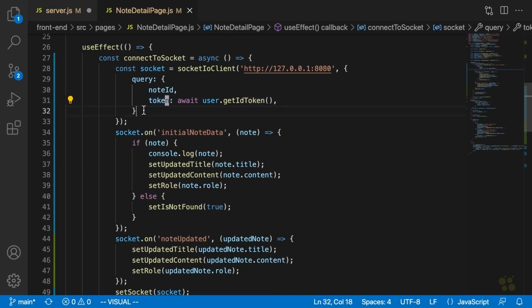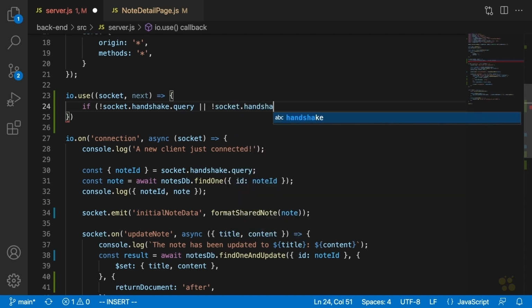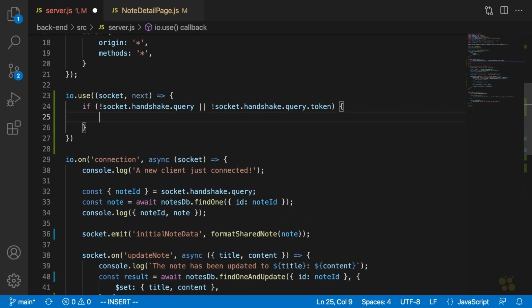So basically the stuff that we include in here is on socket.handshake. All right. So the way that we're going to make sure that that exists is we're going to say if it doesn't exist, right? So we'll say if socket.handshake.query doesn't exist or socket.handshake.query.token doesn't exist, then what we're going to do is send back an error event to the